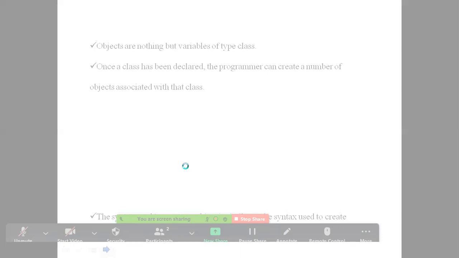We have the terms superclass, subclass, base class, derived class. That concept is called inheritance. When we come to the derivation, generally every class will contain two items: data variables and methods.